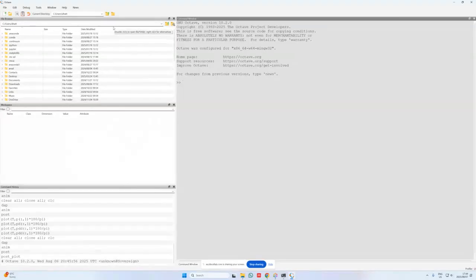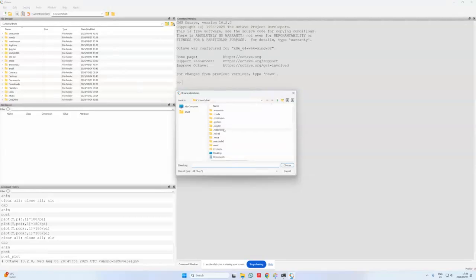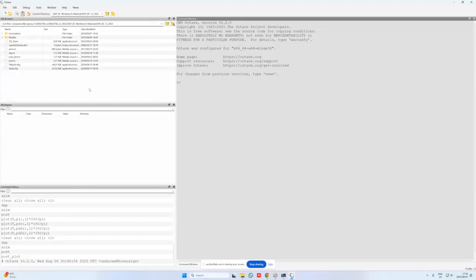All right, so to now access the DAP-BC workbench, you can simply browse to the specific folder where it's stored. In my case, I'm going to go to MSD, and you'll see the DAP BC workbench material, and then you'll see this DAP BC 12 2022 file over here. You double click on that, and once you've done that, you just click on choose. Now you're in the main DAP BC folder, and this is the folder that you have to work in whenever you